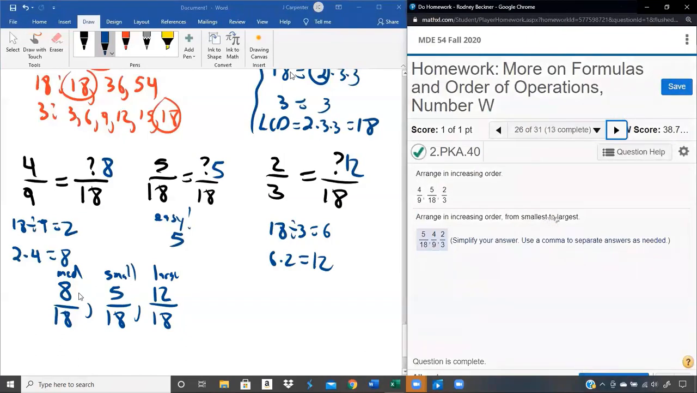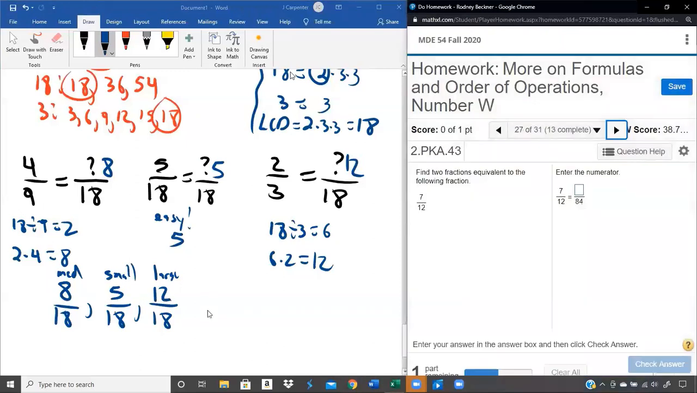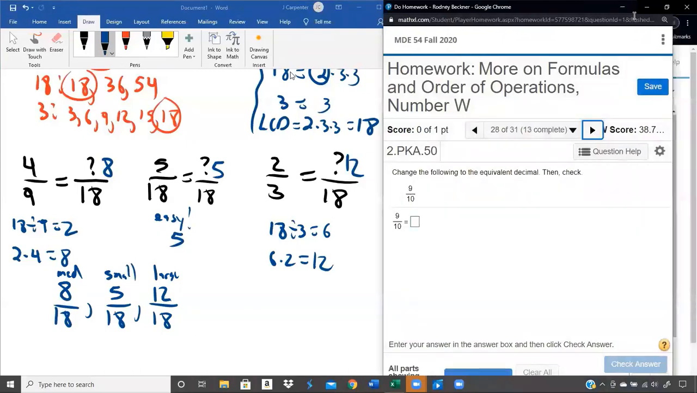If I had to add or subtract these at that point, let's pretend that was add, 8 plus 5 is 13, 13 plus 12 is 25, and then you can reduce if you have to. More of the same. I think they all were pretty much more of the same. So we're going to go ahead and